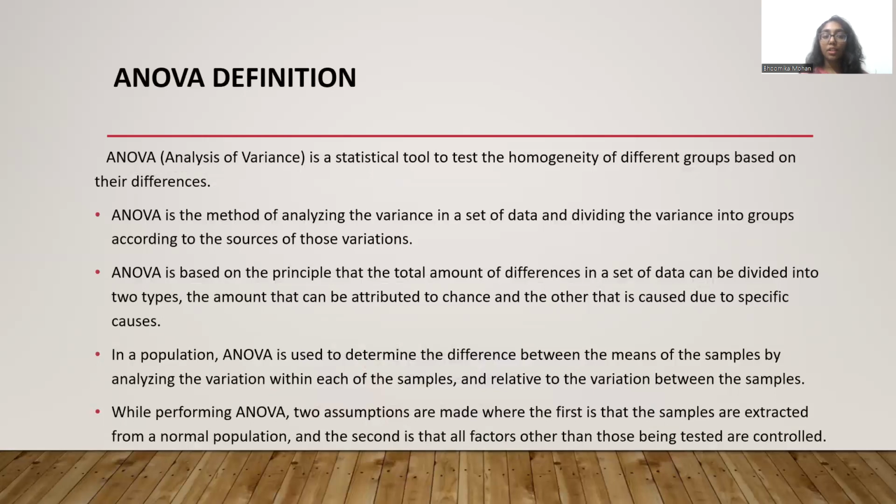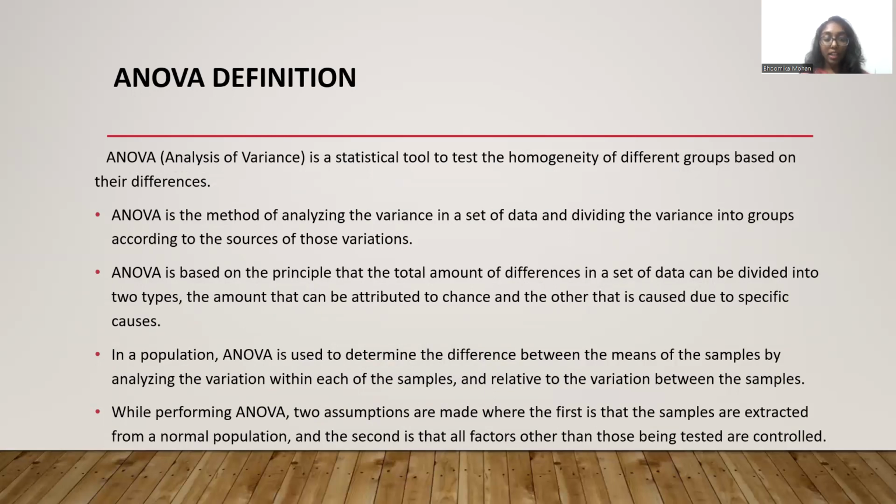Let's see another definition for ANOVA. ANOVA is a statistical tool to test the homogeneity of different groups based on their differences. ANOVA is the method of analyzing the variance in a set of data and dividing the variance into groups according to the sources of those variations. ANOVA is based on the principle that the total amount of differences in a set of data can be divided into two types: the amount that can be attributed to chance and the other that is caused due to specific